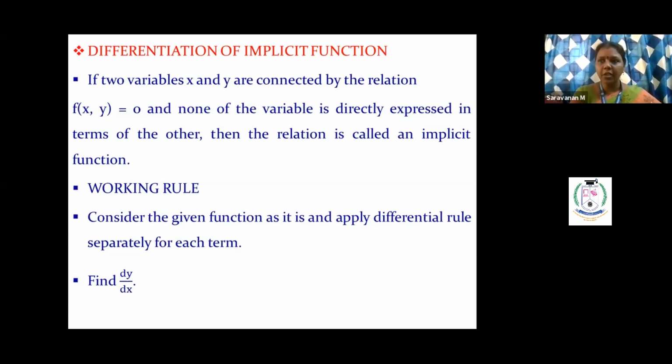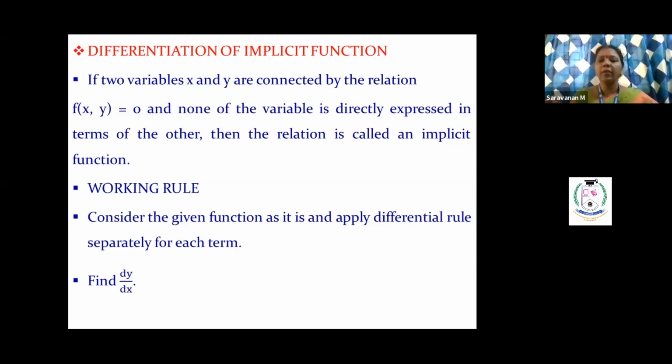Okay. So implicit function means you must have that function of x comma y. x and y are combined together. Okay. x comma y is equal to 0. We can't separate the function directly. If it is so, then it is called the implicit function, right? And for that, the implicit function rule is consider the given function as it is, because already the function consisting x and y. So no need to consider the given function as y. Already it is in terms of x and y. But here we have to consider y as the dependent variable. Always y as the dependent variable.